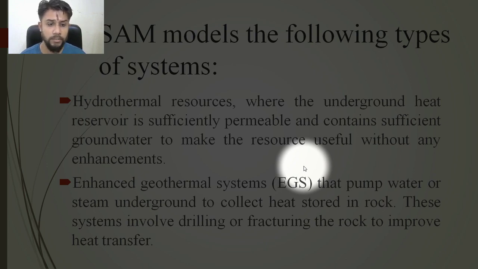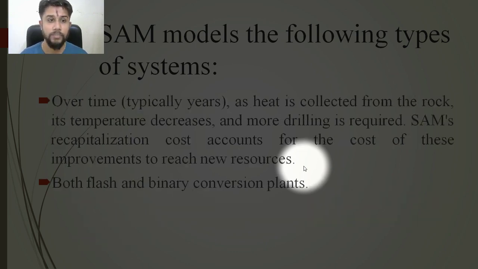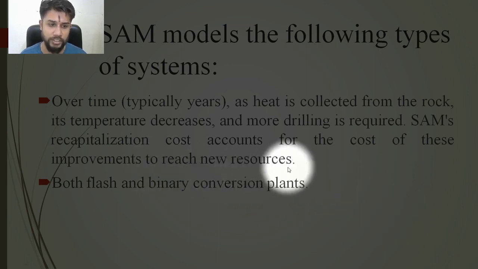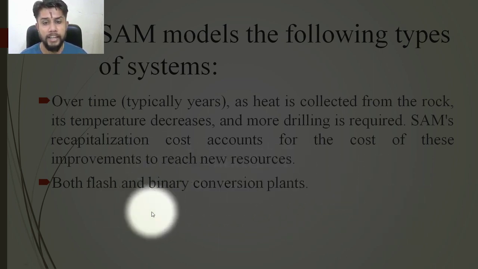This system involves drilling or fracturing the rock to improve the heat transfer process. Over time, as heat is collected from the rock, its temperature decreases and more drilling is required. SAM's recapitalization cost accounts for the cost of these improvements to reach new resources. Both flash and binary conversion plants